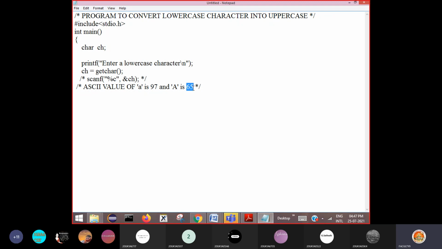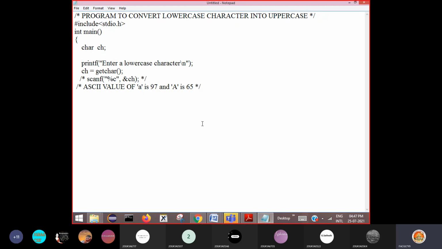If you can convert that into 65, then your lowercase a will become uppercase A. So how can you convert 97 into 65? What is the difference between these two? Yes, 32. The difference is 32.